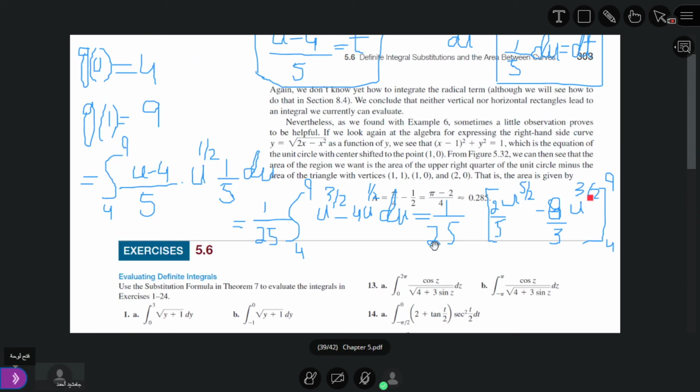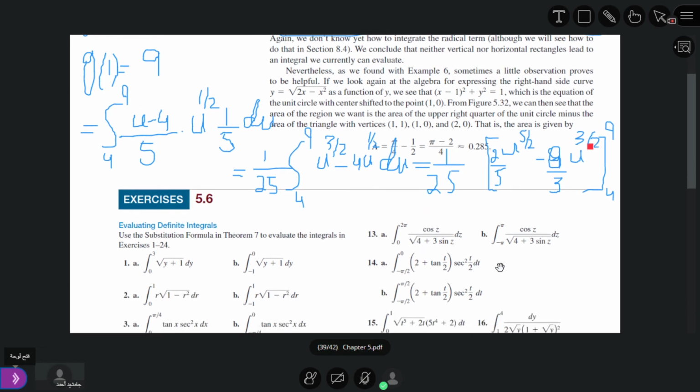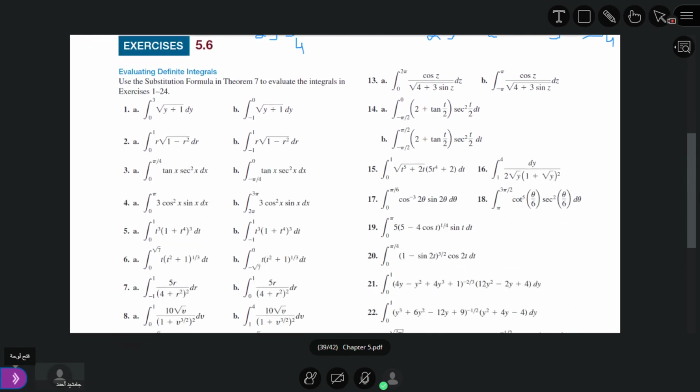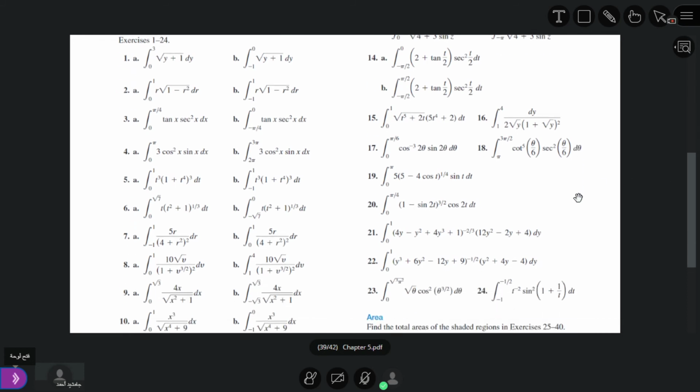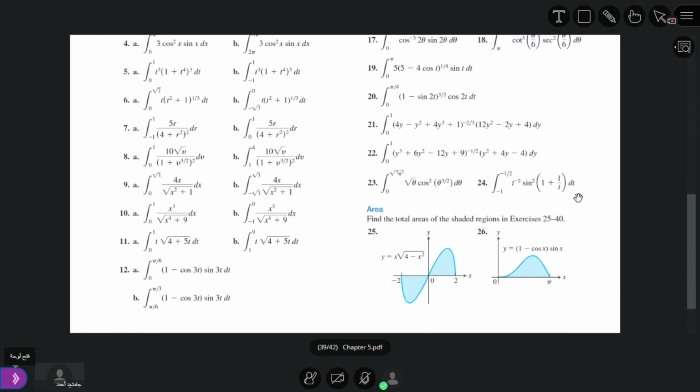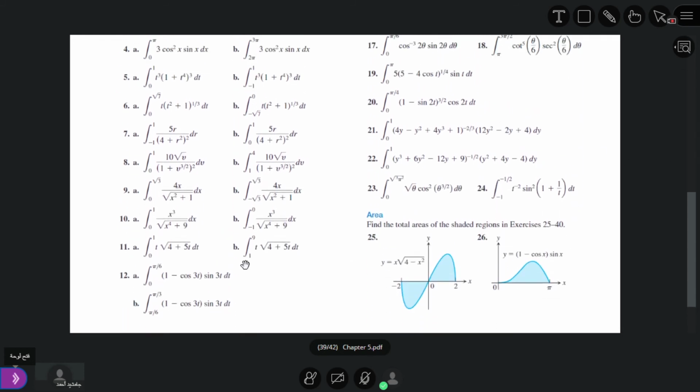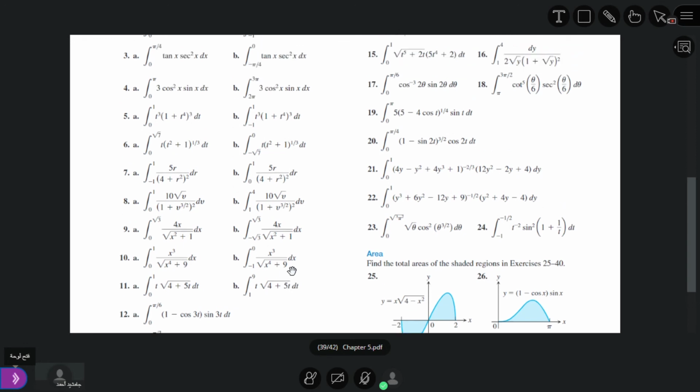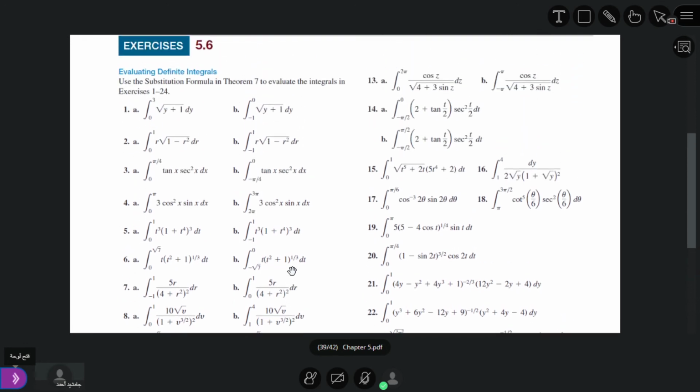Now we will put the upper limit, then we will put the lower limit. So you can put upper limit and lower limit and get the solution. After that you can simplify it. It is your task. We move to the next question. After that we have to solve question number 17.